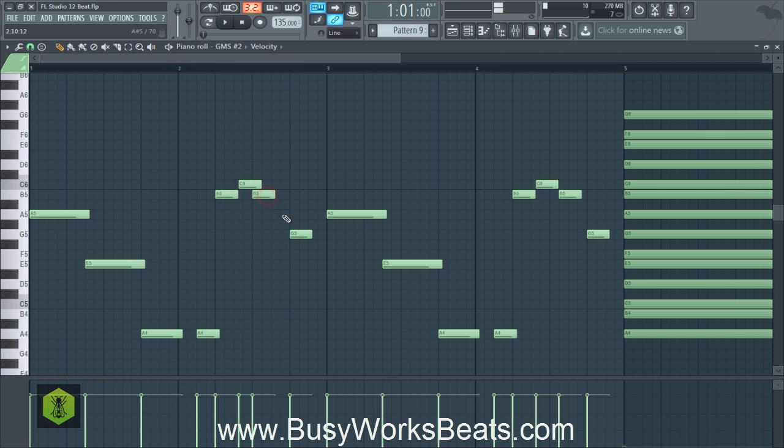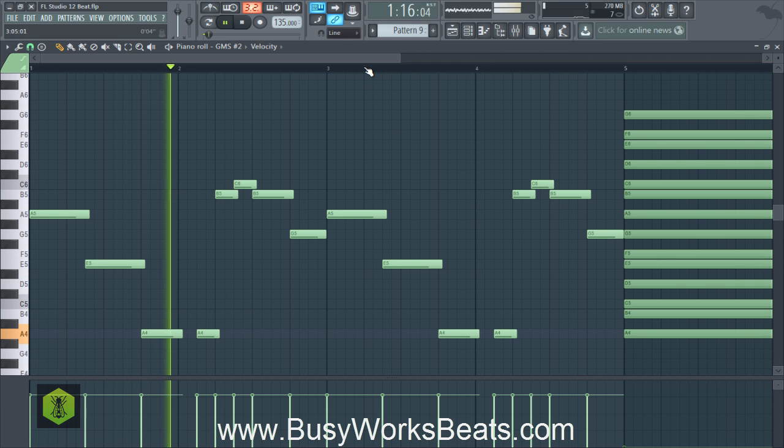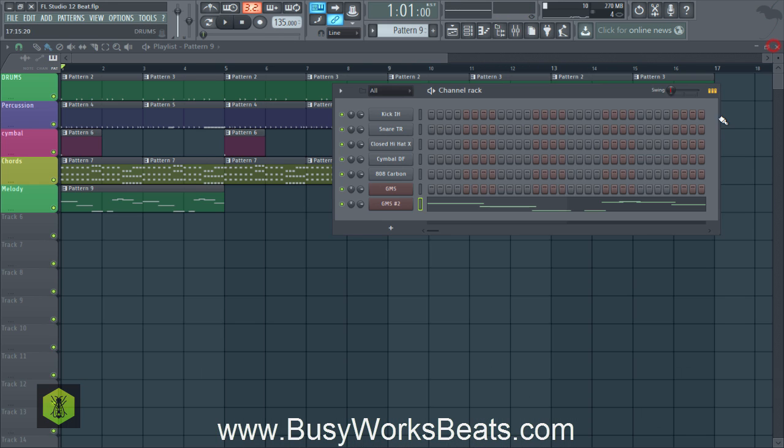So let's get the timing right for this part. So I probably should have done the timing first. Basically, I'm just making stuff line up so that, again, you want to get the melody that's in your head. You don't want to make the computer tell you what the melody should be. Okay, so that's the melody to a degree.